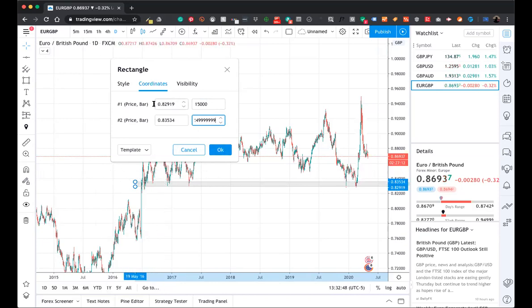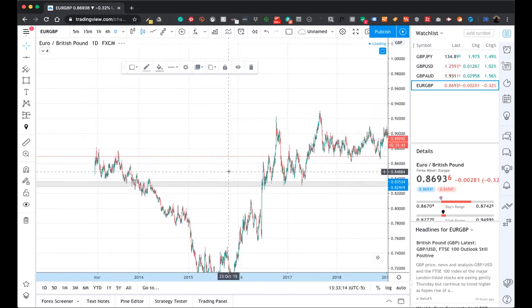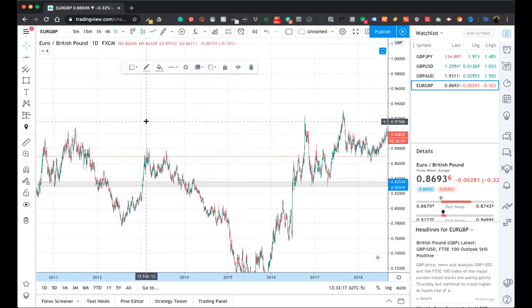Now this price represents the level of price at the top of the rectangle, and this one represents the level of price at the bottom of the rectangle. So if you have a specific price level that you want the zones to be on, you can put that in here. So now I put the nines there, and you see it extended it to the back. I'll hit OK, and if I go backwards in time,